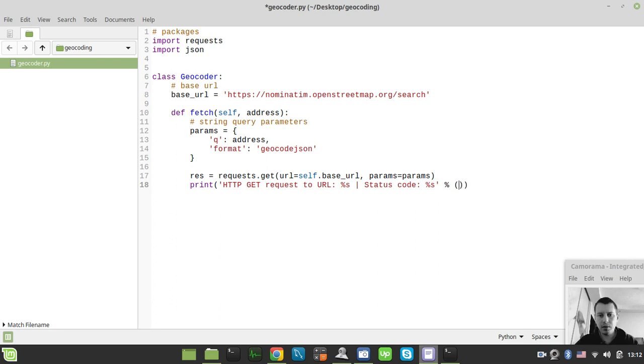So we need to specify here the response.url followed by response.status code. So this is basically it, and also we can say if response.status code is equal to 200, which means the response code is okay,